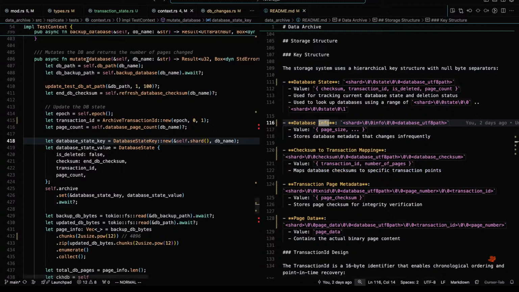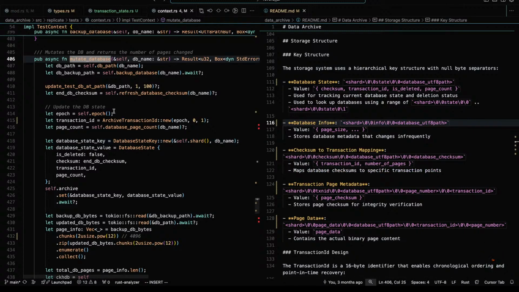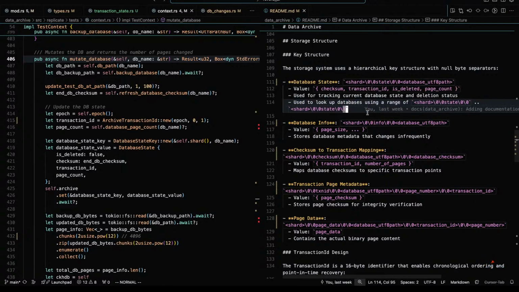And it looks like the existing test code is also setting the state. But it's not setting the info, which is interesting. I guess in this case, the test code presumes that the page size isn't changing. Arguably, that's fine. Right? That's fine.